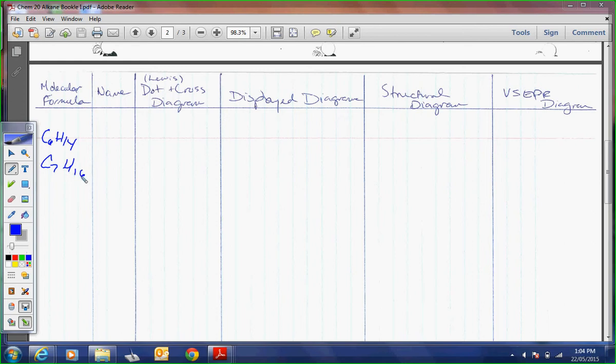C7H16. You seeing the pattern yet? Yeah. C8H18, C9H20, C10H22. These are called